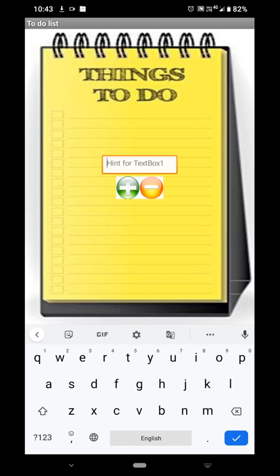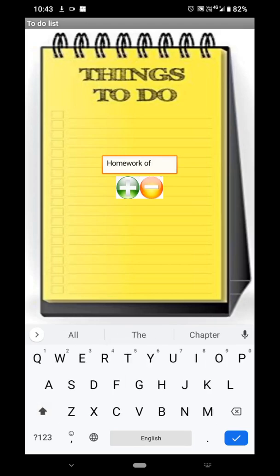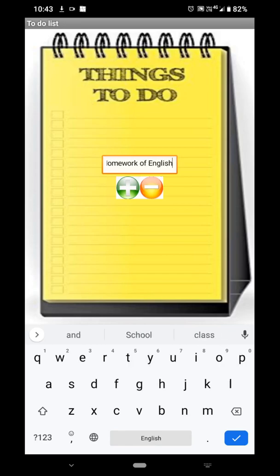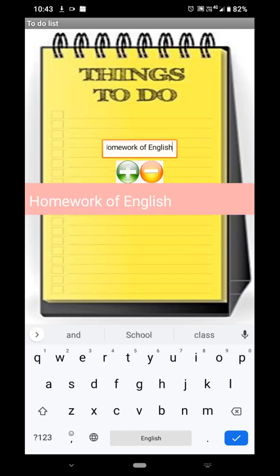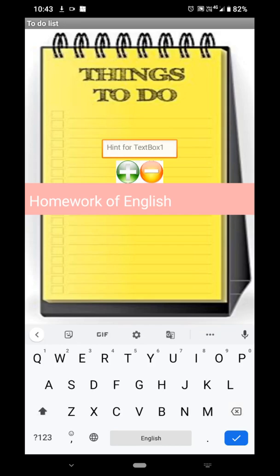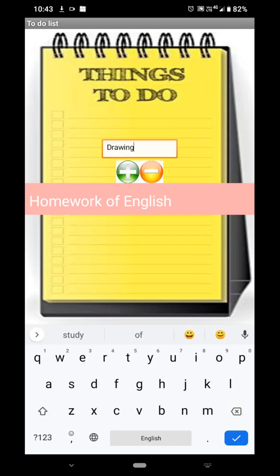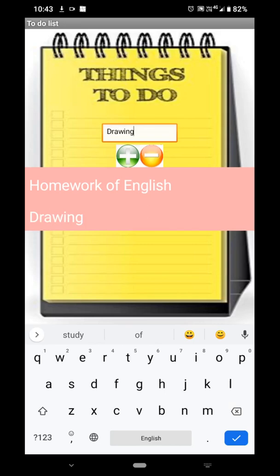Okay, suppose today you want to complete the homework of English, add to the to-do list. Then suppose you want to do the drawing, add to the to-do list.